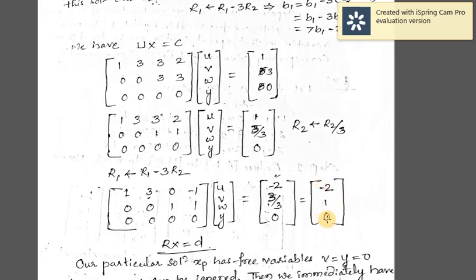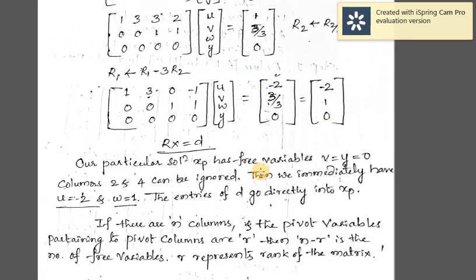And in learning this, we can go for writing it as 1u plus 3v minus y is equal to minus 2, and all. We can go for solving those equations, or straight away we can come to the conclusion